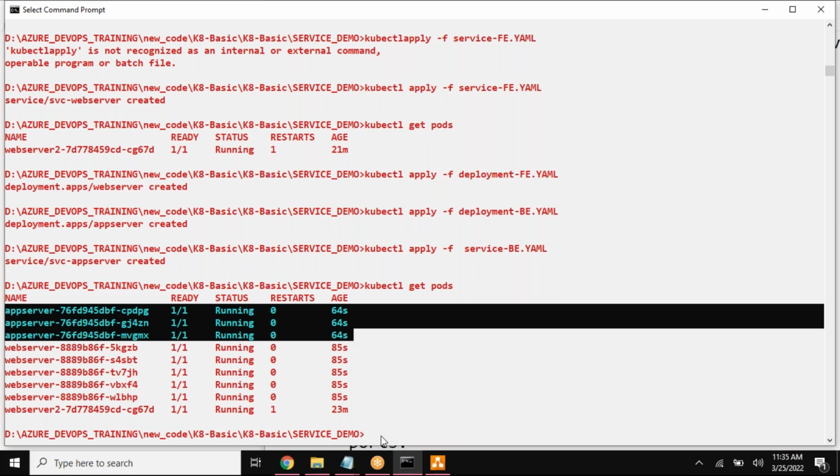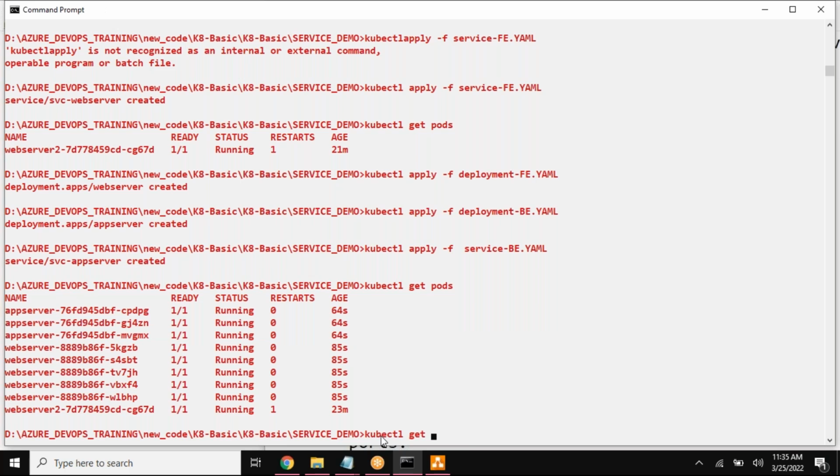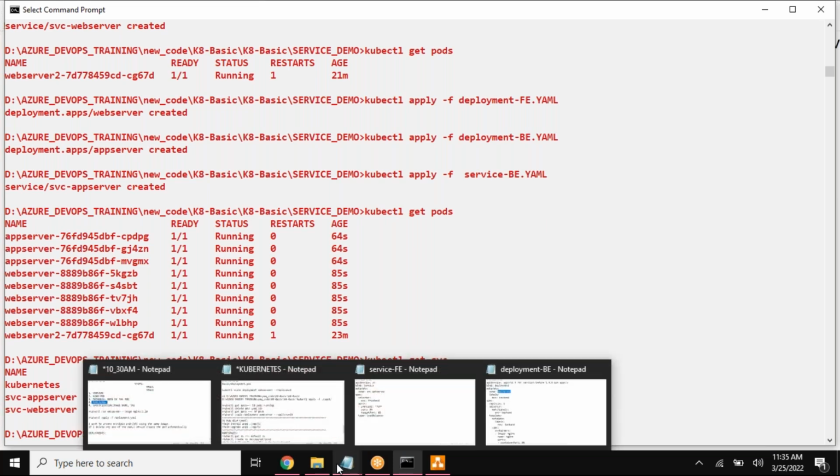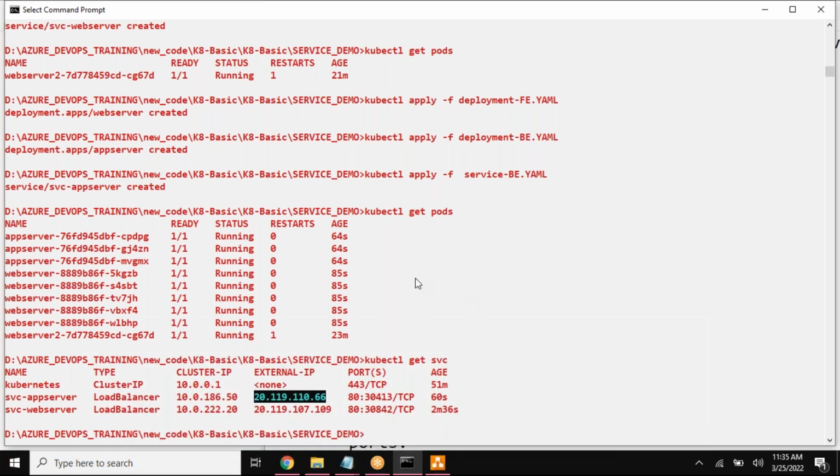Similarly, what about my services? With kubectl, if you want to get services, don't type services, just type svc. See, I can see my svc app server created, and svc web server got created here. So now you can see 2 things: cluster IP and external IP. This is the one you can place in your web page so that you can see what kind of images are being tagged to my service. So go back, Control C, copy this particular IP address,